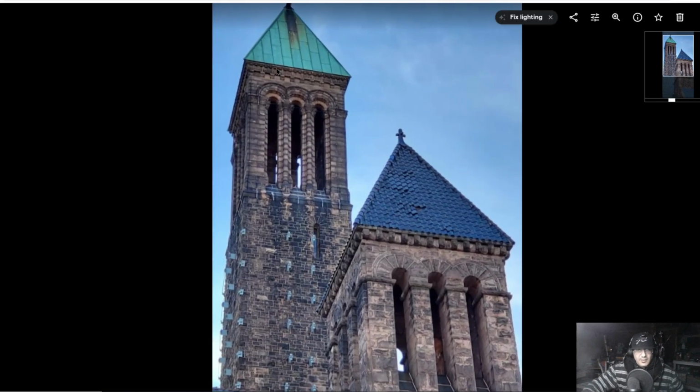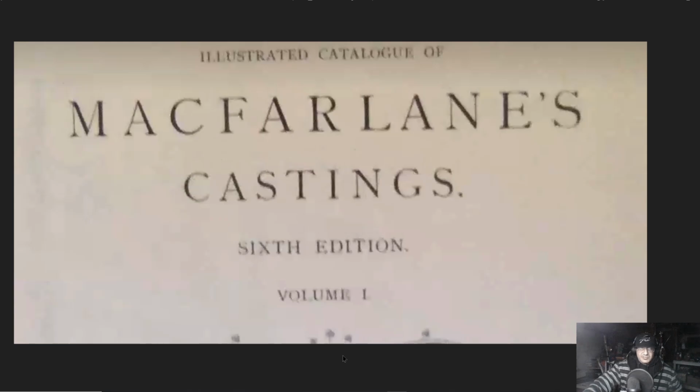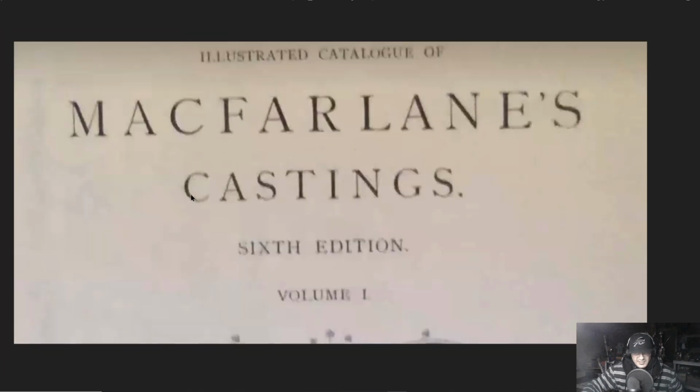And if you notice, the actual... Now, I got these pictures from my boy, Mr. Brees. And this is an illustrated catalog, McFarlane's Castings. And these things are called terminals. Take a second to look at that and notice that it's a catalog. Mr. Brees, a contributor at MeWe, commenter, a fellow researcher, sent this to me. This is a little snippet from that catalog, and you can order these things effectively. Now, it says that they're castings, but